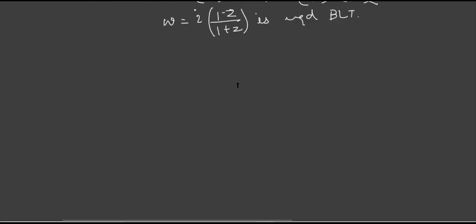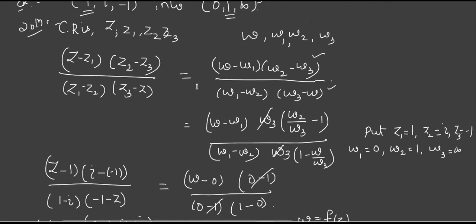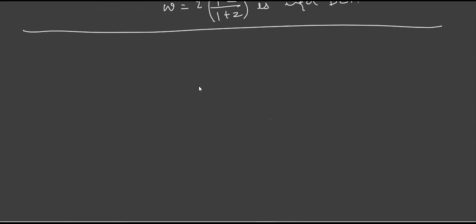I'll explain one more method of how to get a bilinear transformation. Is this method clear? Yes, ma'am. See, usually we prefer this cross ratio method if any point is infinity. If it is not infinity, these two brackets will be there, so it becomes more complex. If the point is infinity, I suggest you go for the cross ratio, else you can apply the next method. Even that is more general; you can even apply it when it is infinity also. It is not like there is any restriction.